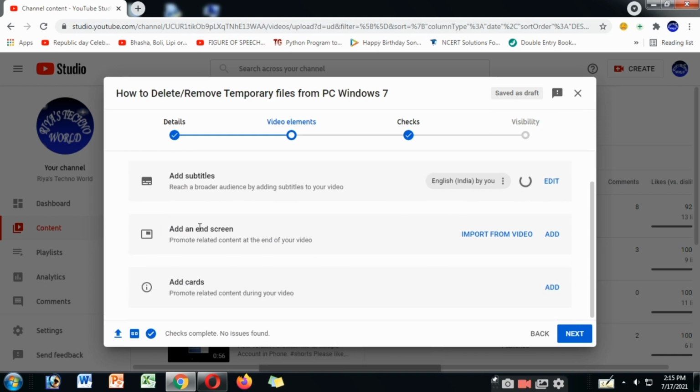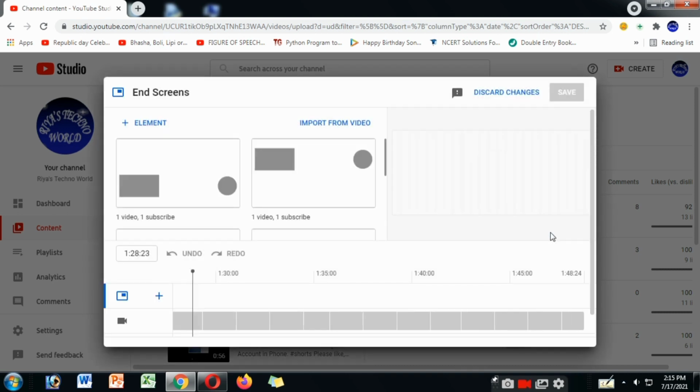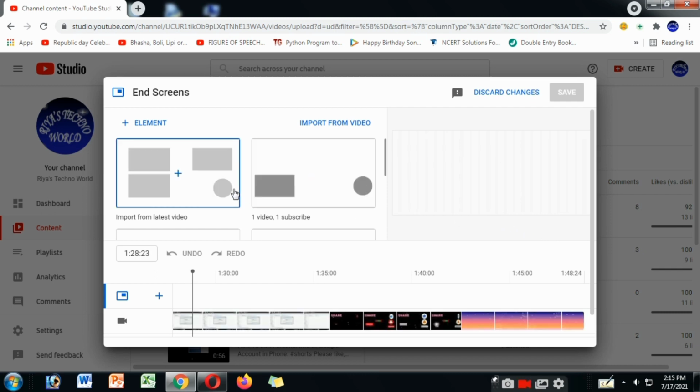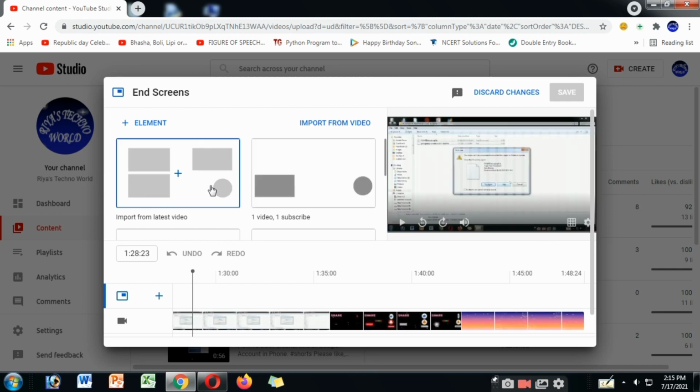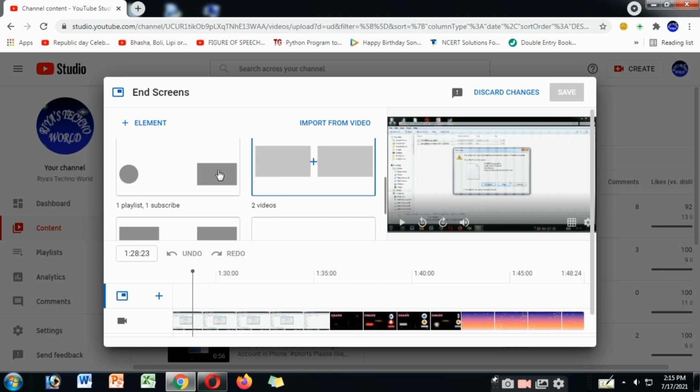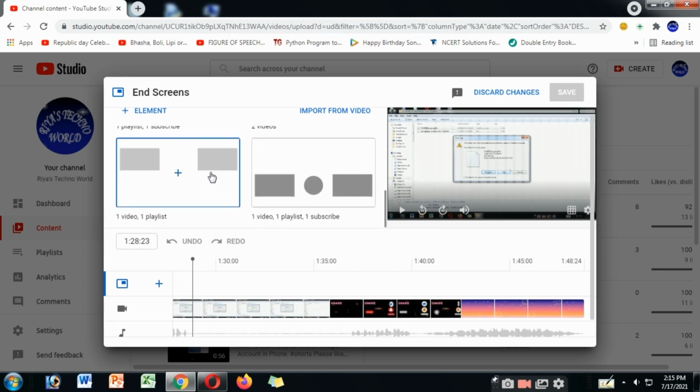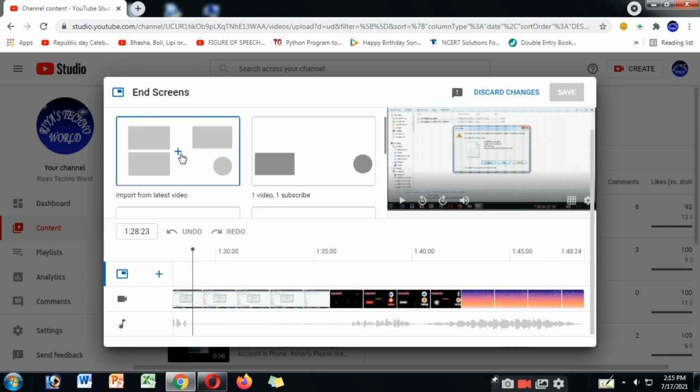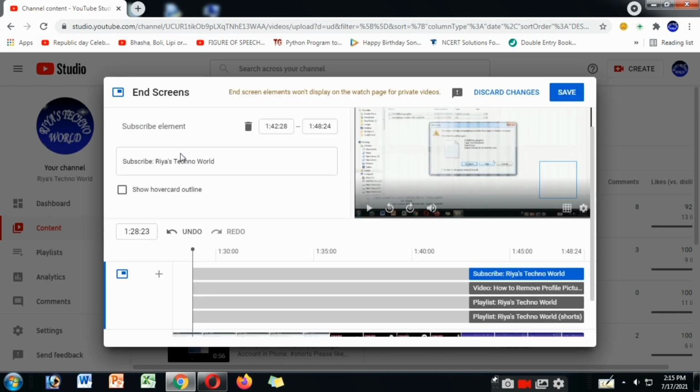Now let's see how to add end screens. First, you have to click on Add. Now you have to select the type of end screen which you want in the video. Here I have selected the end screen with 1 subscribed, 1 video and 2 playlists.